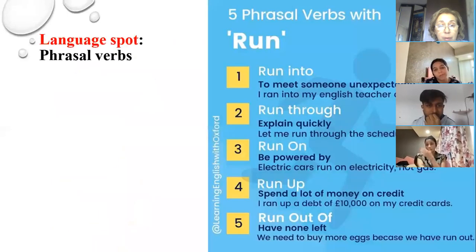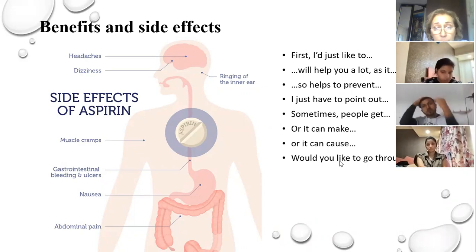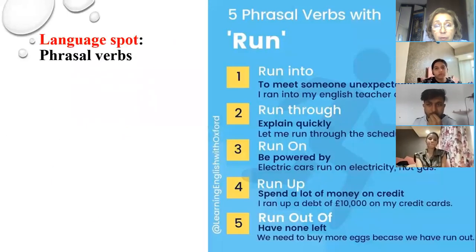So we'll speak about the conversation. The doctor used such a phrase. One of the phrases he used was, would you like to go through all this information one more time? We see that go through is a verb used with a particle, and it has the meaning to repeat, to revise. This is a phrasal verb. And now let us speak about phrasal verbs in detail.